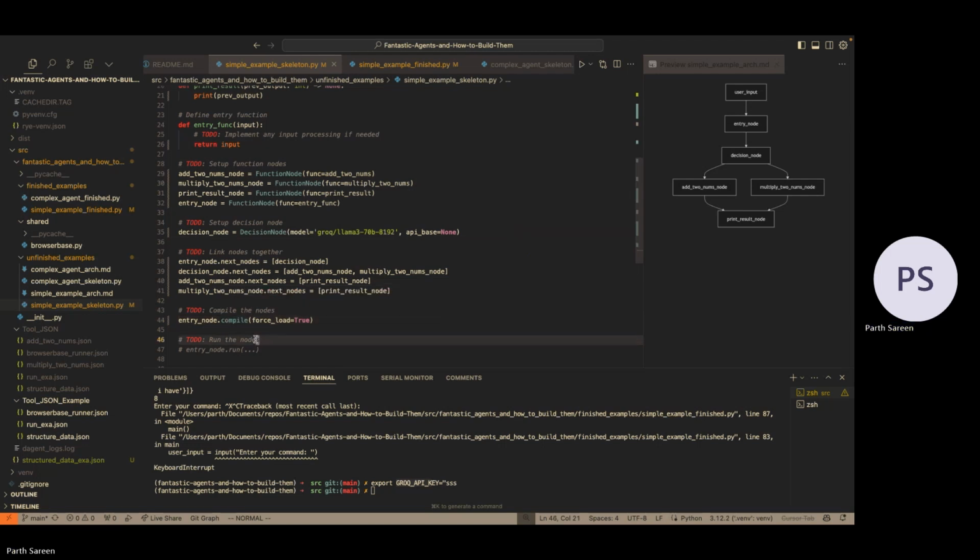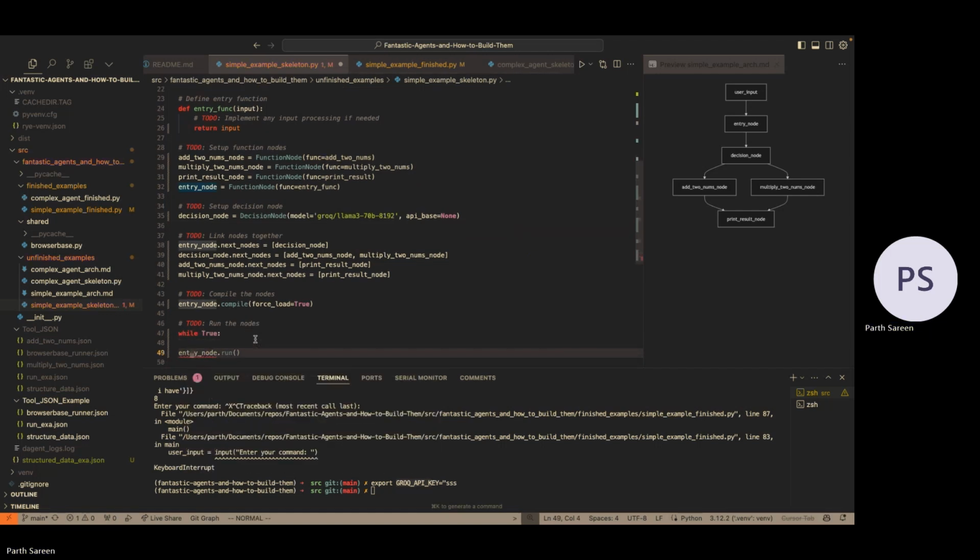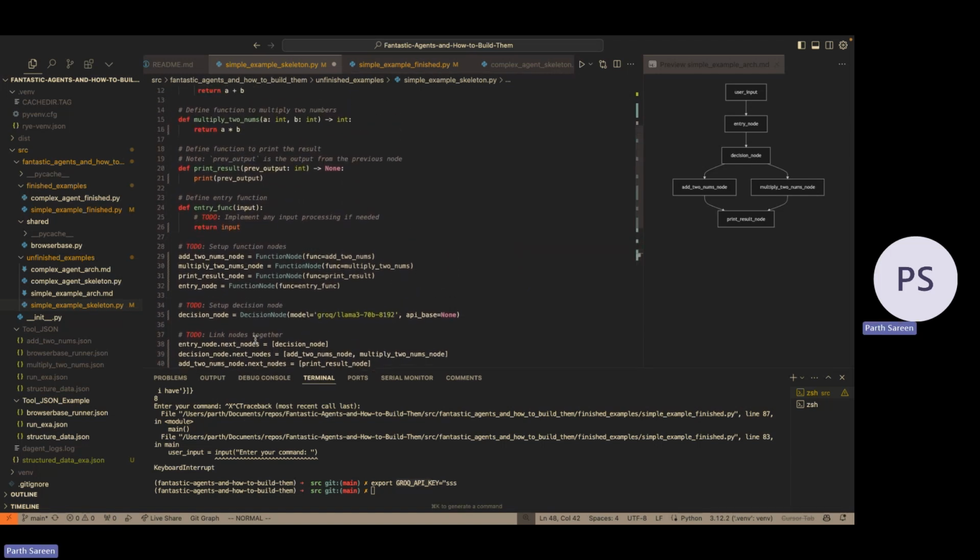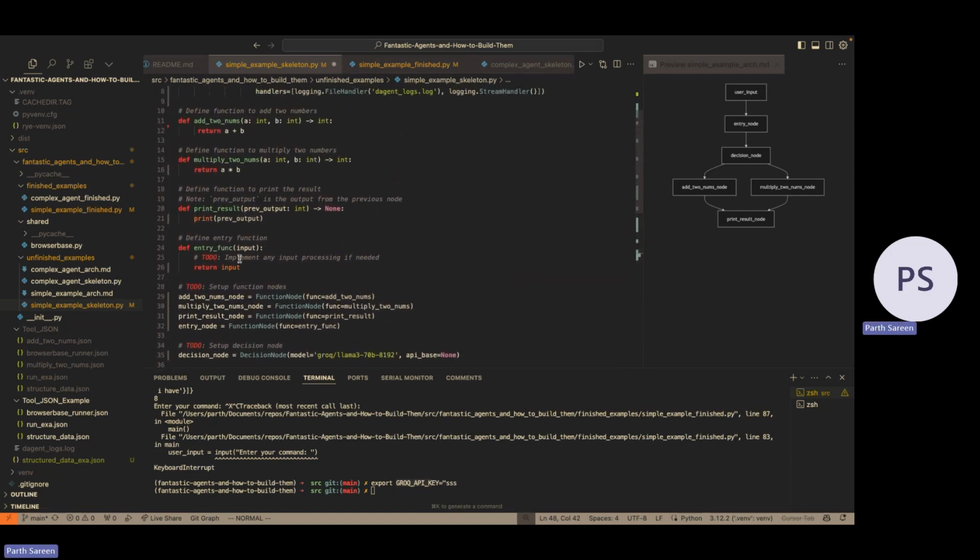Next we're going to hit run on the nodes, and we also want to pass in the user input. I can put that in a while true loop. User input equals this, and it does need to be the same as what I had here. I'm going to change this parameter to user input.